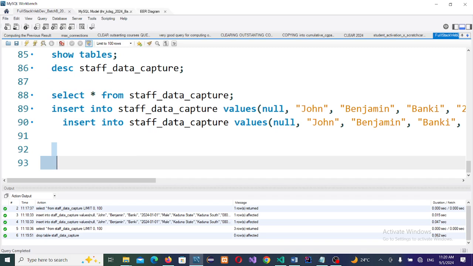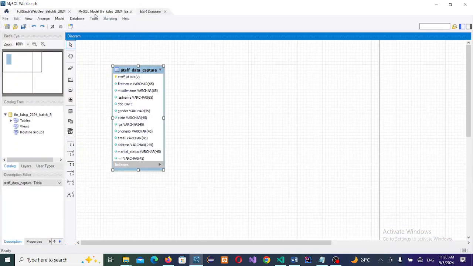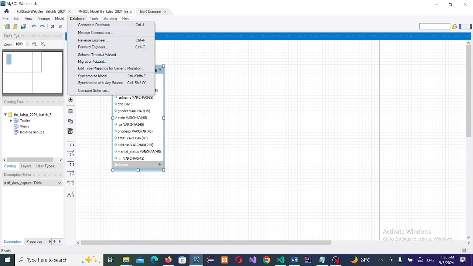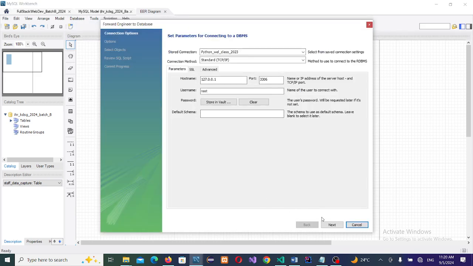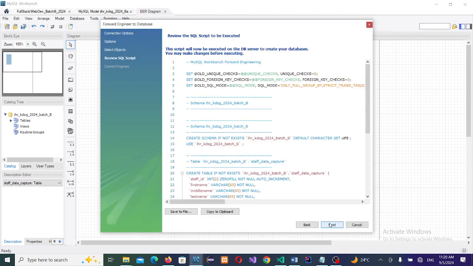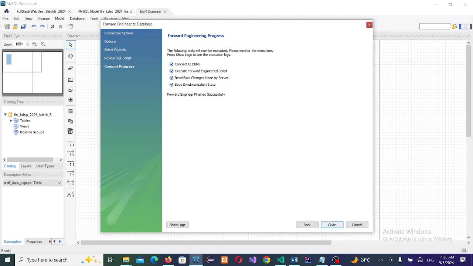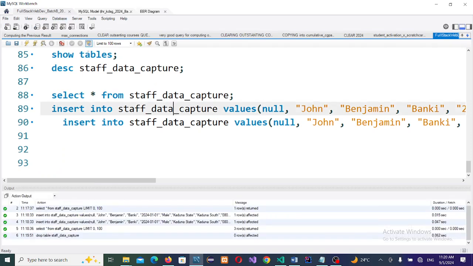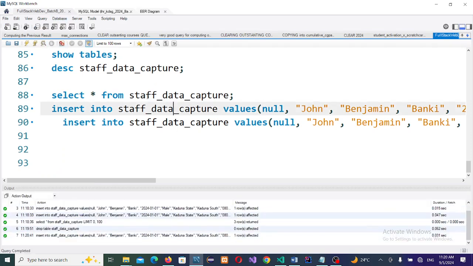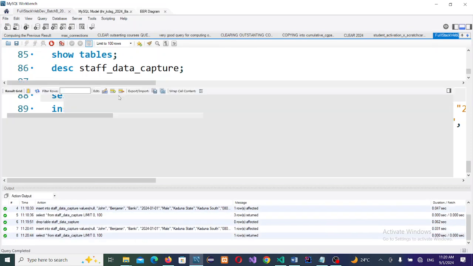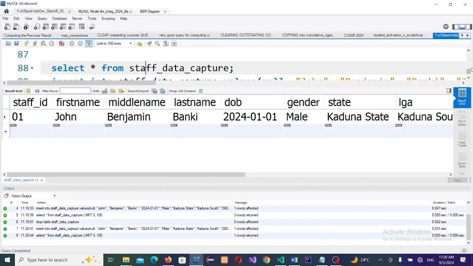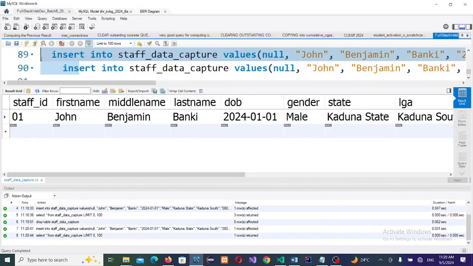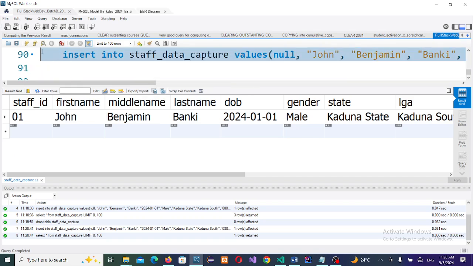So it has been removed. Then we'll now forward engineer to create another fresh database with a table as it is. This is what you do when you are at the development stage of your application. So this is done. Now let's check. When I push this for the first time, it enters. We check here. It enters. When I try to push again, when I try to send this again,